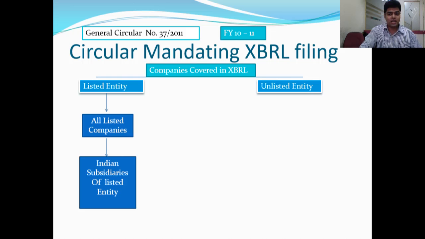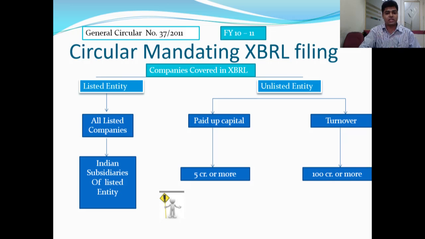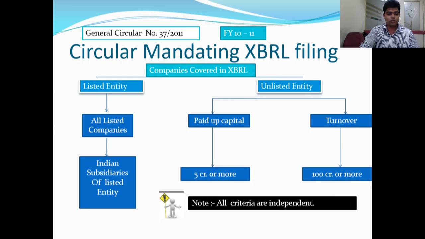And for unlisted entities, it is divided into two parts: paid up capital and turnover. Paid up capital 5 crore or more, turnover 100 crore or more. Now, the criteria are independent, not to be seen cumulatively. Coming to the second part,